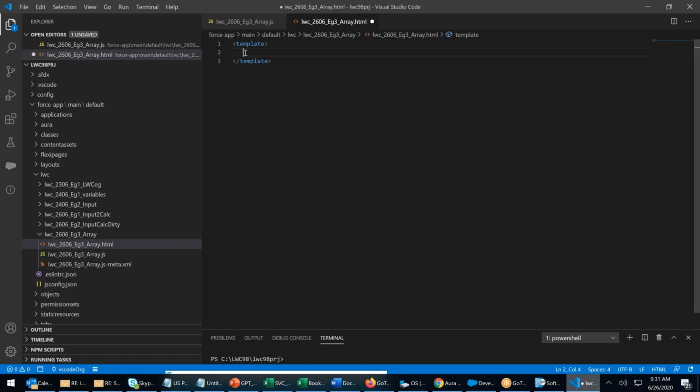I will use for each. In the template, first put it; you'll get an error, don't worry, we'll fix it now. Template type for each, this is equal to an iteration.